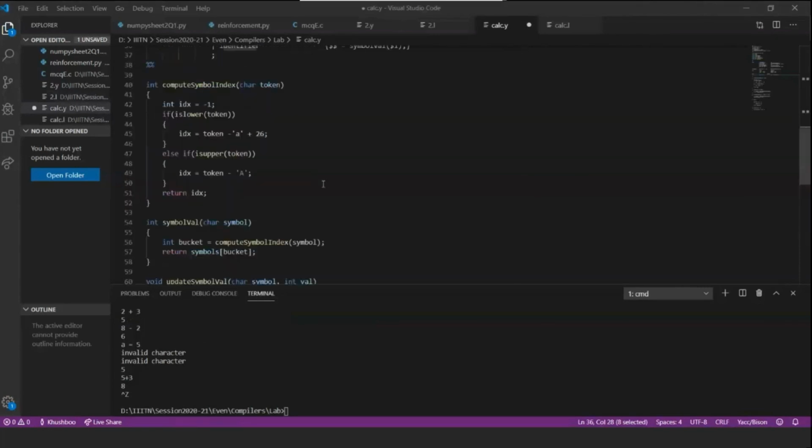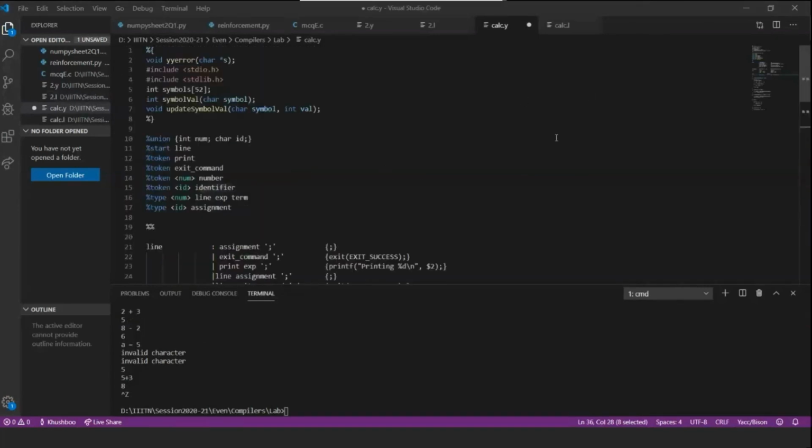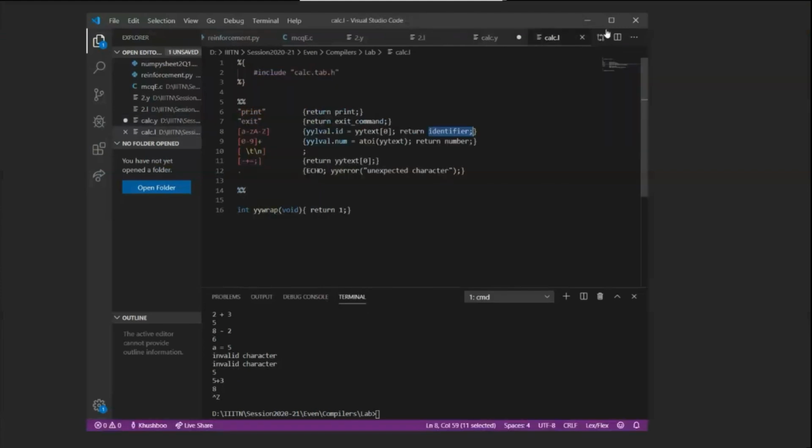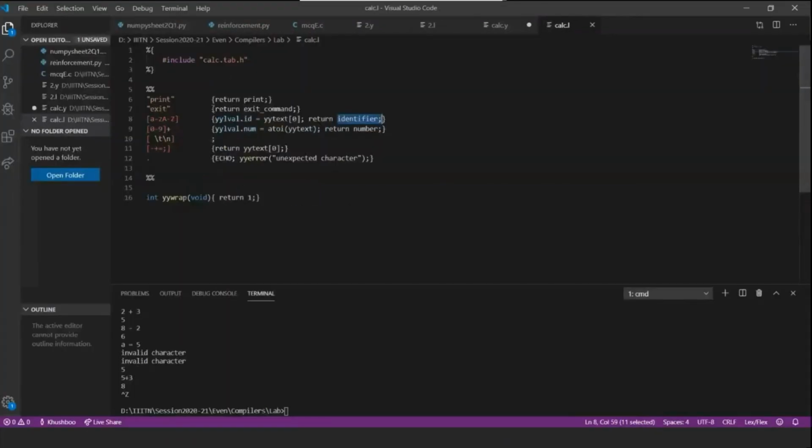So this is another example that I've brought for you. This is again a .y file. First, let us look at the .l file. So we have cal.l. Here what we are doing is,